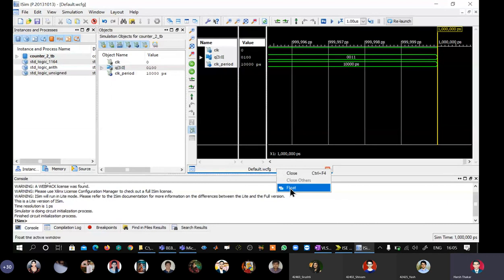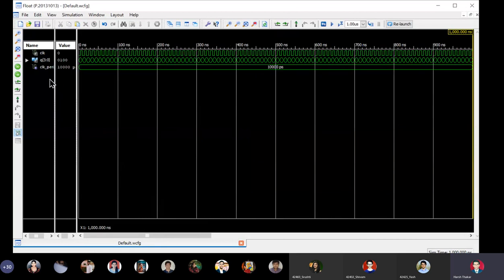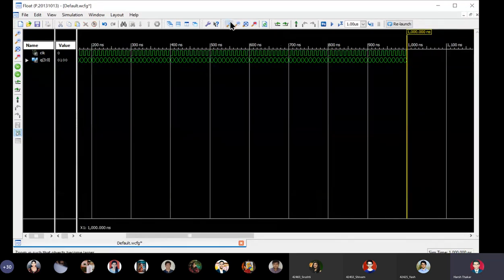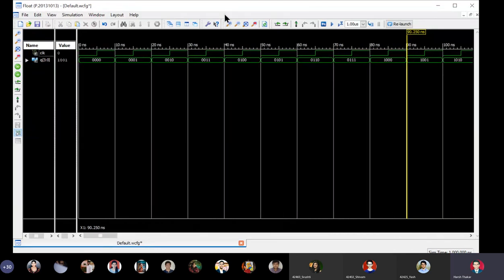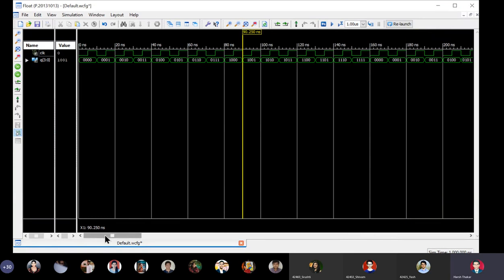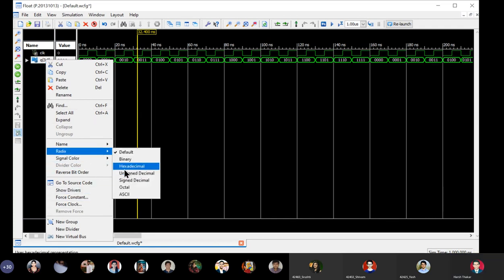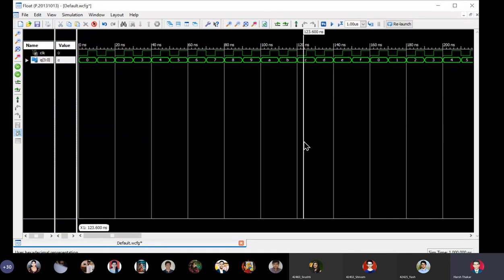Okay. So here I say float, zoom to full view, remove, and I will zoom it. Okay. So we are seeing how the counter is going from 4 zeros to 4 1s. So every falling edge of the clock, it is actually incrementing by 1. So 0, 1, 2, 3. Okay. If you're not able to appreciate, no problem. We'll make the radix as hexadecimal. Okay. See 0, 1, 2, 3, 4, 5, 6, 7, 8, 9, A, B, C, D, E, F, and roll back.